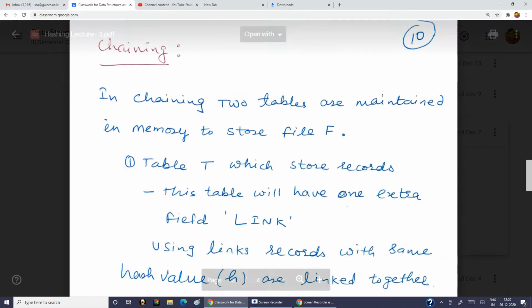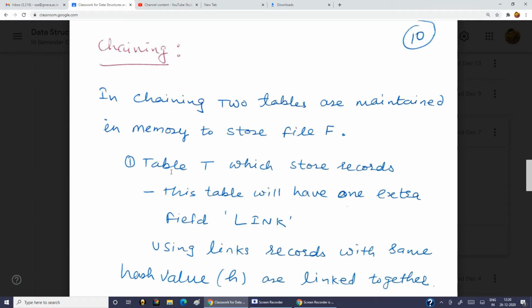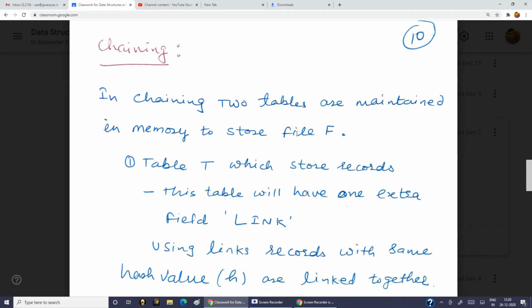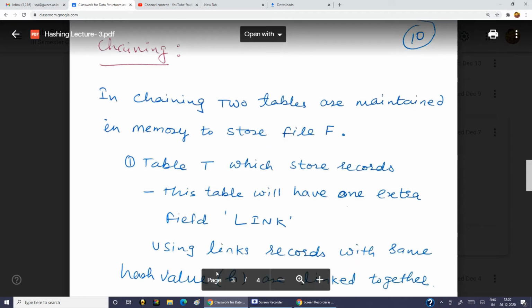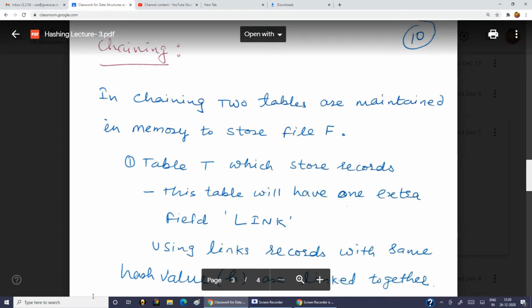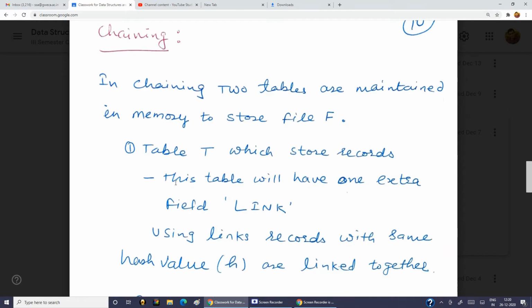Here on this page, I have mentioned how it works. First we will read it out, then we will take an example, and then we'll come back to this page and read it again. This is required because before you read this, you cannot do an example since you have no idea about chaining, and when you read this, you can't imagine it properly. So after reading this, you take an example, understand properly, and then come back and read it again. Then it will become very clear to you. So first I'm just giving a reading to it.